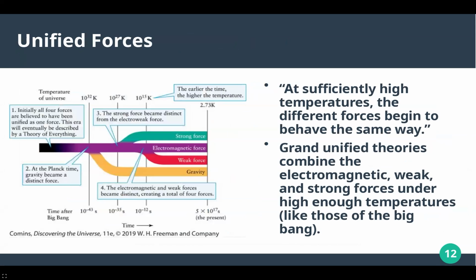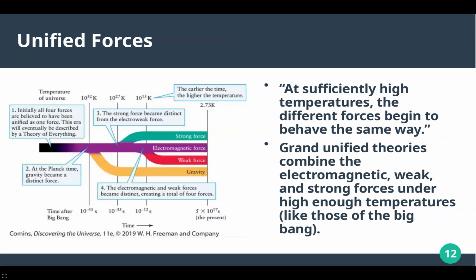What happens is that at sufficiently high temperatures, the different forces begin to behave the same way. So grand unified theories combine the electromagnetic, weak, and strong nuclear forces under high enough temperatures, like those of the Big Bang. And we also want to have the gravitational force combined, but we haven't been able to come up with a unified theory that includes the gravitational force, but we do kind of assume that it did used to work